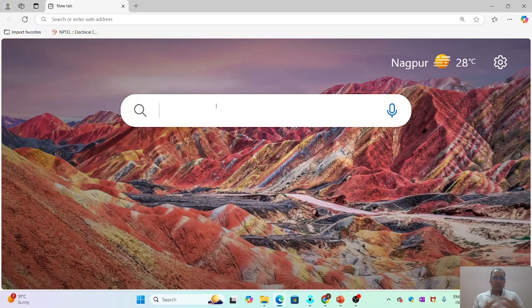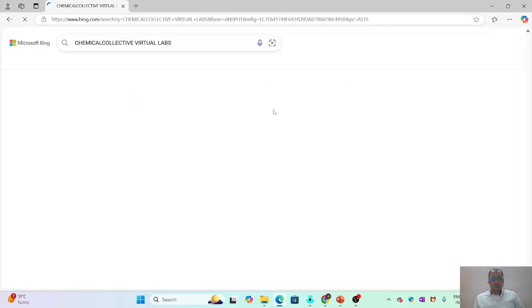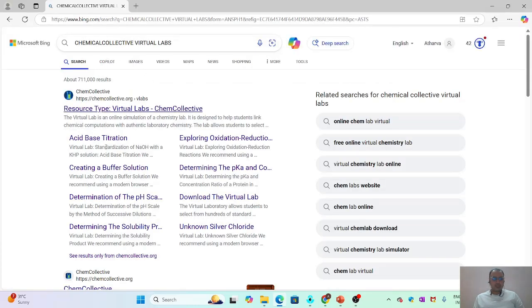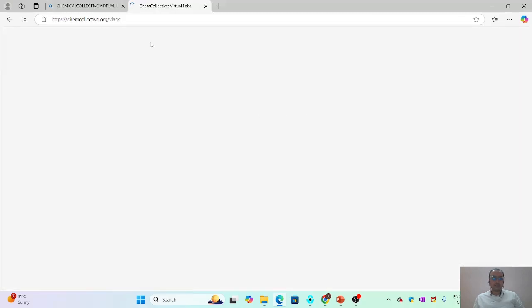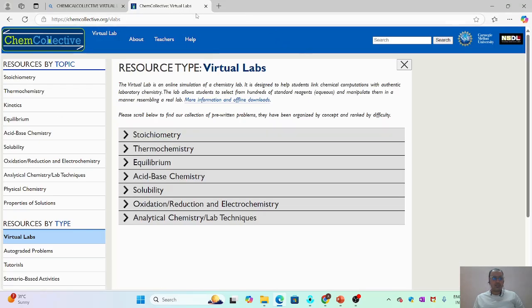Now let us see how to first download this software. Now just type chemical collective virtual labs. Press enter. Now you can see the window has opened, and click on the first link, resource type virtual labs chem collective. Just click on this. When you click on this, you will land on a page which will show you different